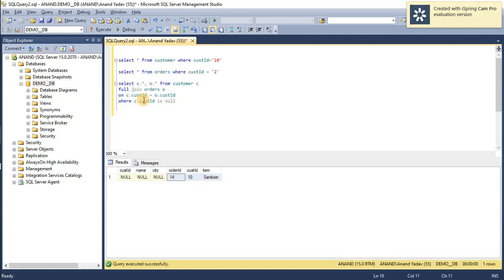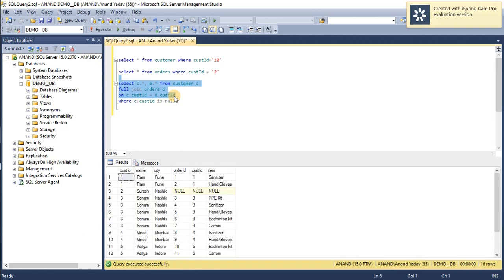Similarly, when we wanted to verify the records which are there in the left table but not there in the right table, we can verify that whenever the entry of the right table is null, like we can see in row number 3 highlighted here. So we can quickly verify that. I'm using the orders alias, and here order ID is a mandatory field, so we can just provide the condition order ID is null.